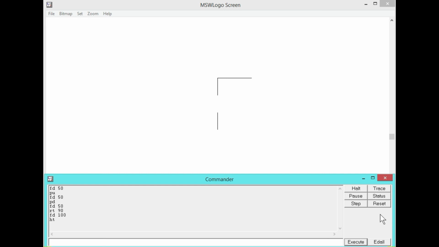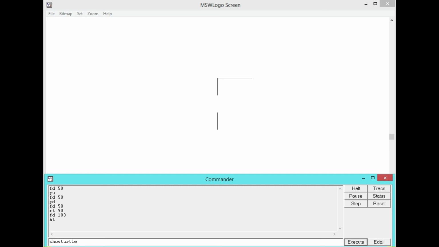The show turtle command actually shows the turtle or displays the turtle again on the graphic area or the graphic window. So the keyword used for the show turtle command is ST, or you can write the entire SHOWTURTLE without the space in between. So these are the keywords, show turtle, or you can write ST.